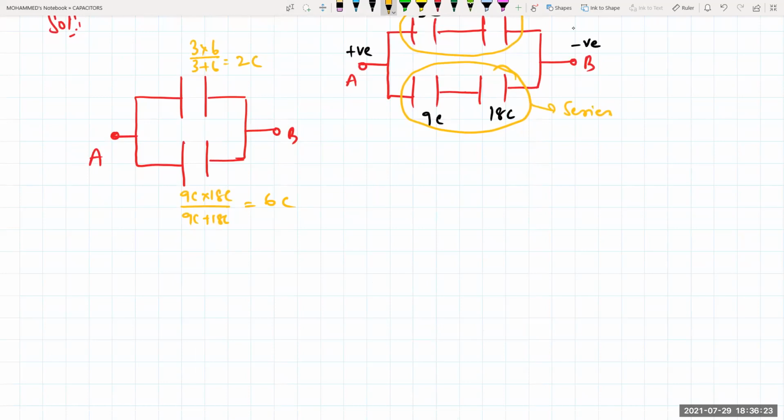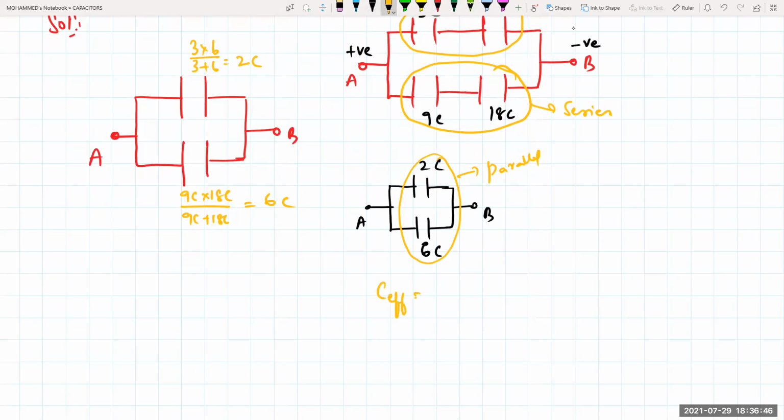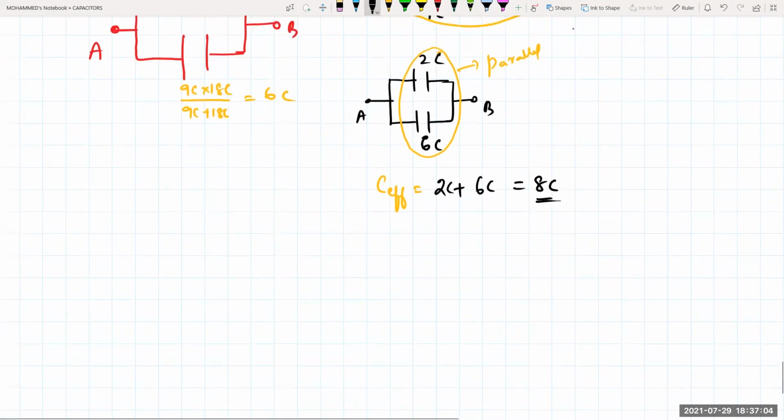Then they are one above the other. That means this will become how much? This is one capacitor here and this is also one capacitor here, and this is your terminal B and this is your terminal A. So this is 2C and this one is your 6C. They are in which combination? These two are one over the other, so they are in parallel combination. Yes, sir. When they are in parallel combination, C effective will come out as 2C plus 6C, so that will be equal to 8C. Parallel, so directly add. Yes, sir. Series as well. Sure.